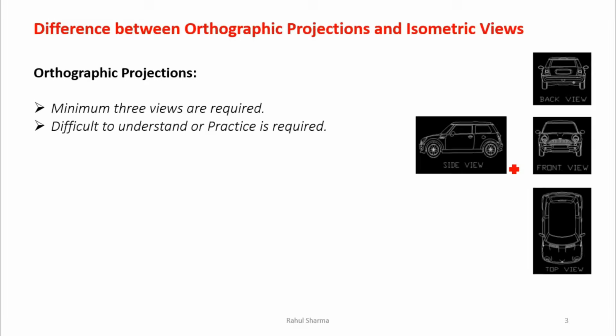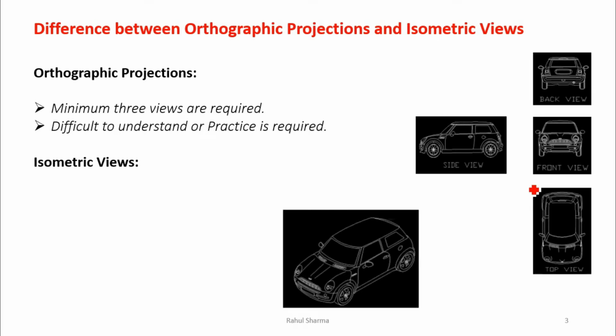shape of the object. Similarly, when I give you the three views, front view, top view, side view, now you have to observe those three views and you have to create a picture in your mind of what the object is. Now everyone has seen the car. If I give you these three views, you can imagine, your brain can make the 3D object in your mind and you can understand the shape very easily. But if I take an example of an object that you have never seen, that is new to you, in that case, when you have to combine the front view with top view and side view, it is very difficult to understand the main shape. Experience is required.